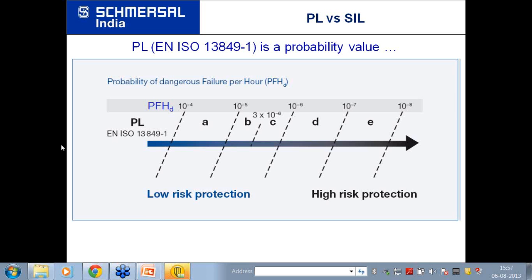So in my opinion, it should not be used, or we cannot depend on this. I've just written down the robotic standard. This is a specific standard for safety in robotic areas, how to use a robot, and you can refer to this standard for understanding the safety requirements.